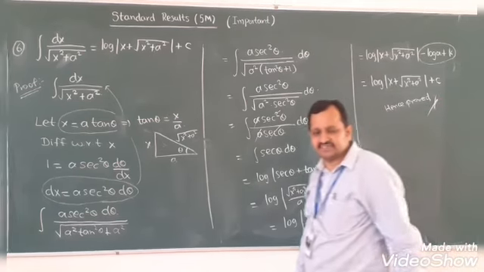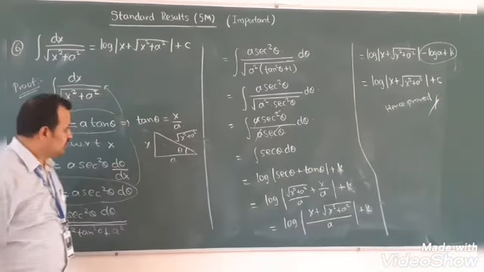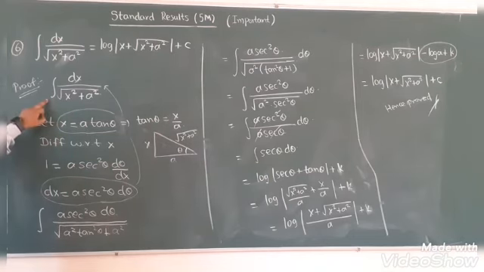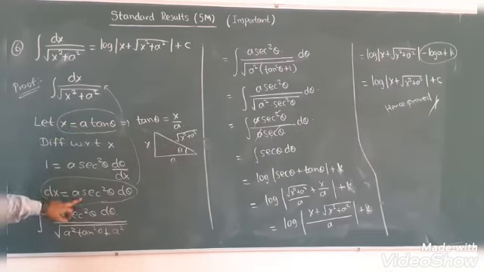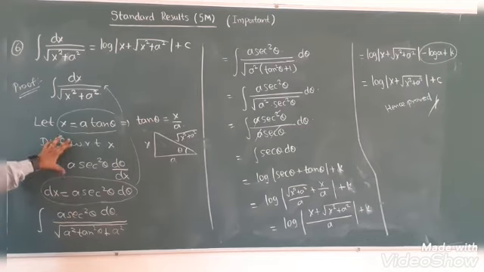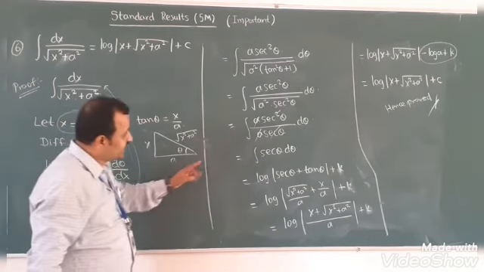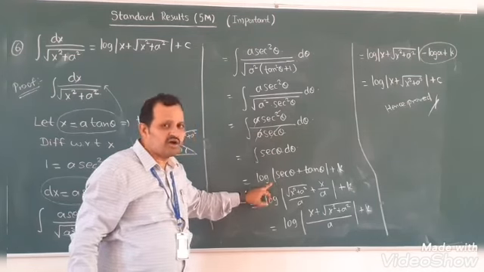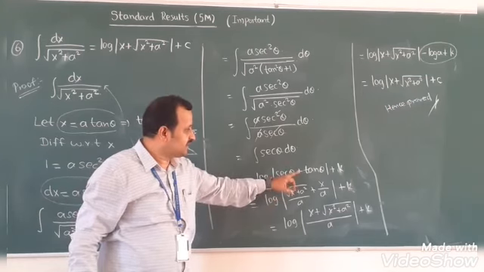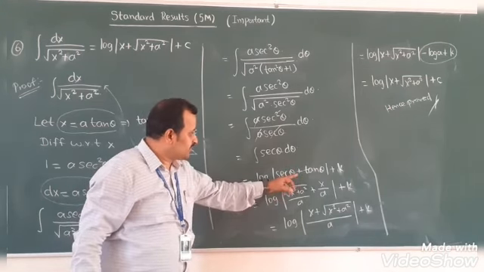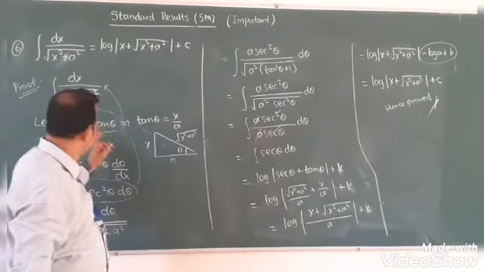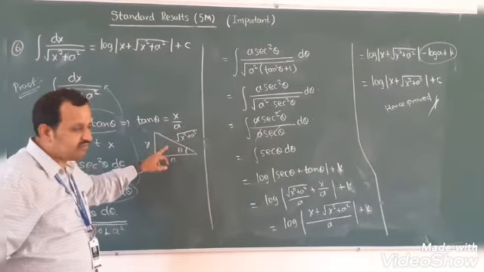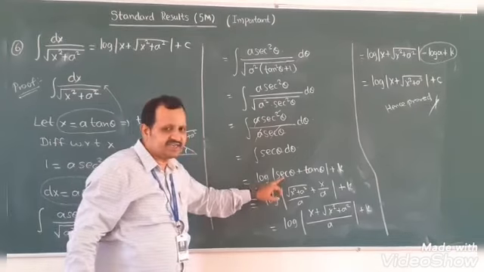So the proof is similar to what we studied last time. See here, what we have done is, assume x is equal to a tan theta. Differentiate, you will get a secant square theta d theta. Put both the values in this. Finally again you will get secant theta. The integral of secant theta is nothing but log of secant theta plus tan theta plus k. Now from the figure, we know tan theta is x by a. Draw one right angle triangle and find secant theta.